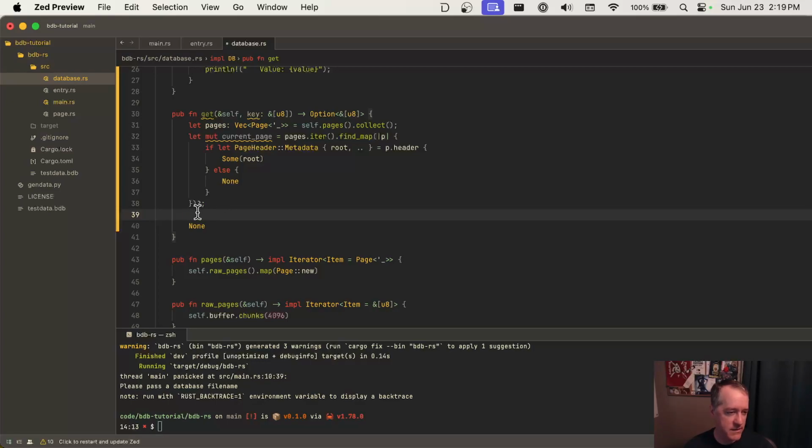Yeah, I'm thinking let's just do this brute force first, and then we'll figure out ways to do it more efficiently and more cleanly. This isn't too bad. This is just, find me the page that has the metadata and get the root out of it. So now we can go